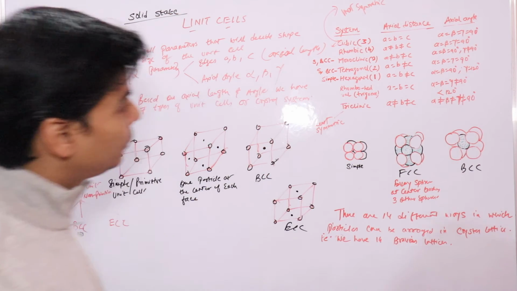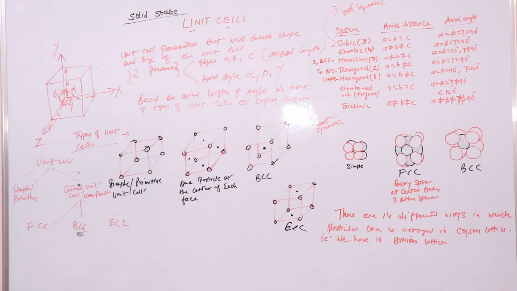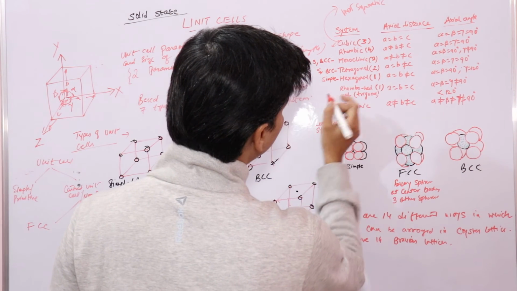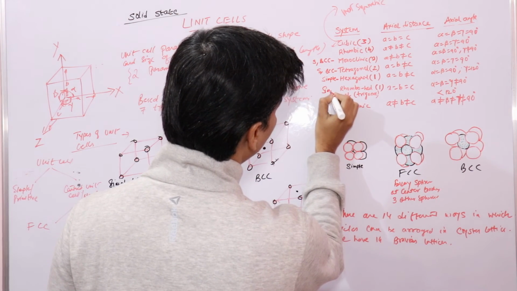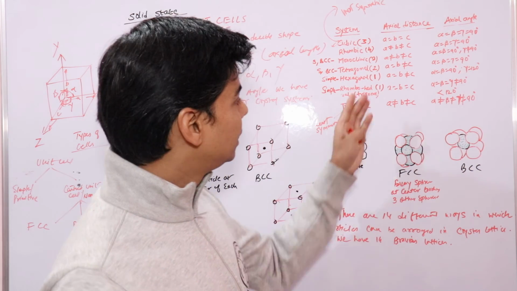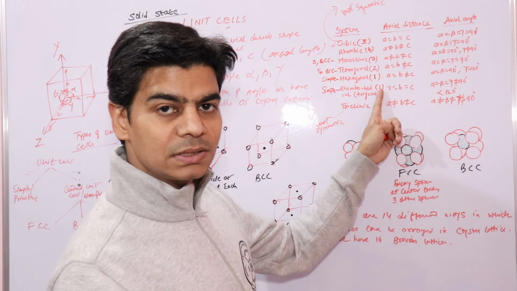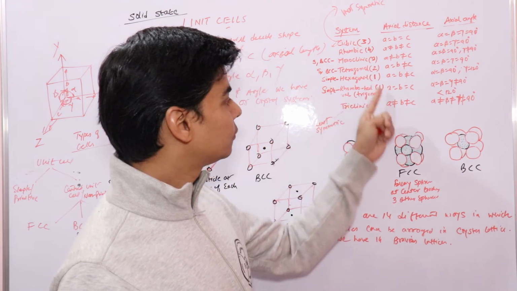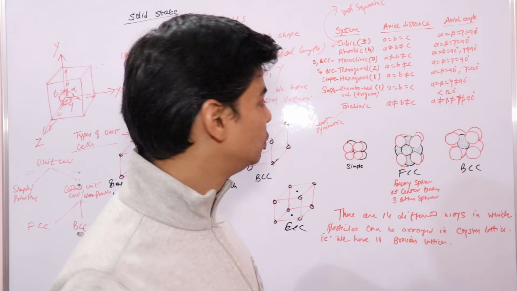Now coming on to rhombohedral, or as we also call it, trigonal. In rhombohedral or trigonal, again we have only one way, which is again simple, in which particles can be arranged. So in rhombohedral geometry there is only one crystal lattice, and that is your simple. That is, particles can be arranged only at the corners of the trigonal or rhombohedral geometry.